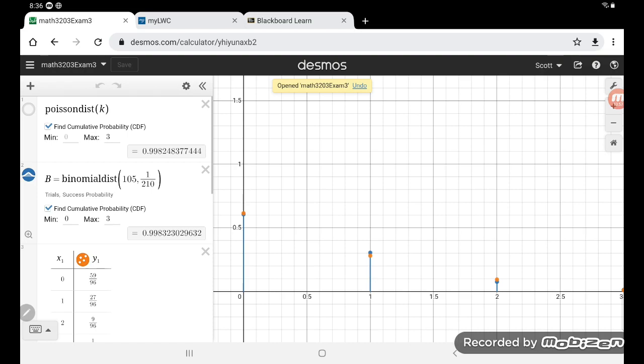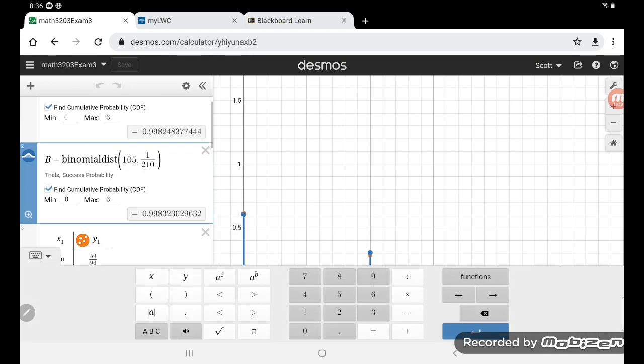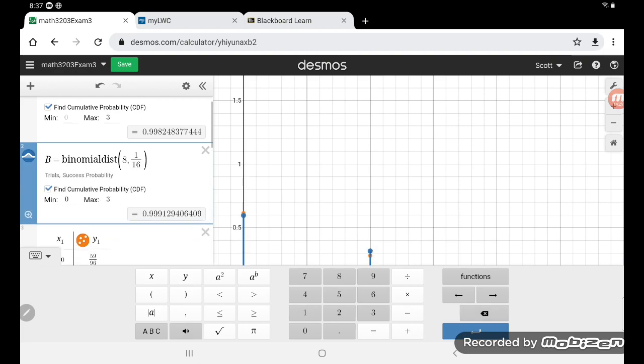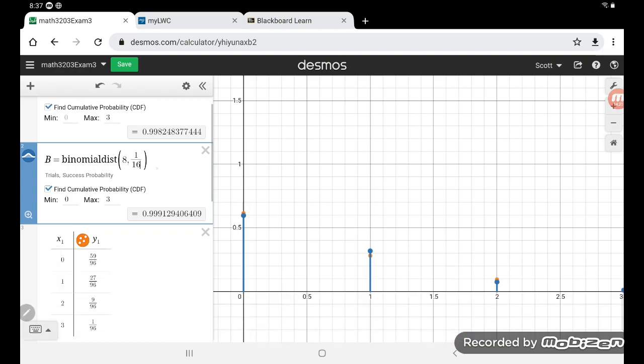No, it didn't change. No, but I can go in here and fix this to be 8. And 1 over 16 to get NP equal a half. And it actually doesn't match up with